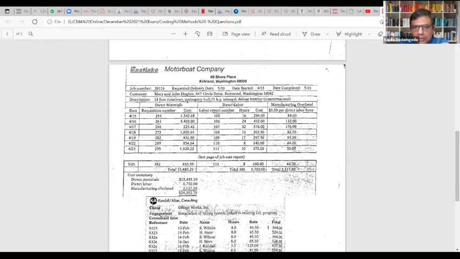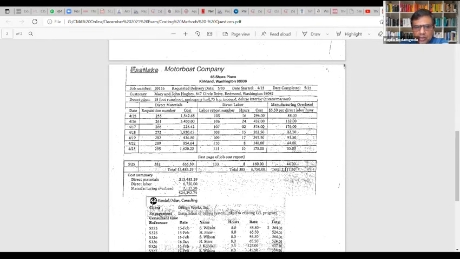And then labor, there will be different people working on this project. So you have the labor report number, depending on the employee number or whatever. This particular person has worked 16 hours, another person has worked 15 hours, another 8 hours, 10 hours, like that. You have your time recording mechanism, through which you know how many hours they have worked, and then how much is the cost. So this is the labor cost that has been charged to this particular job.